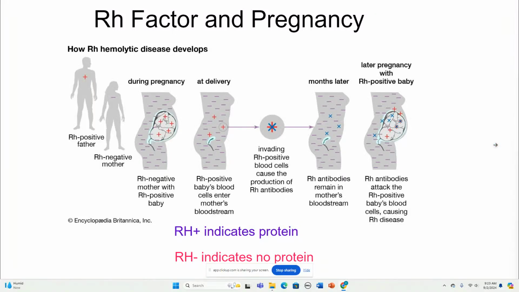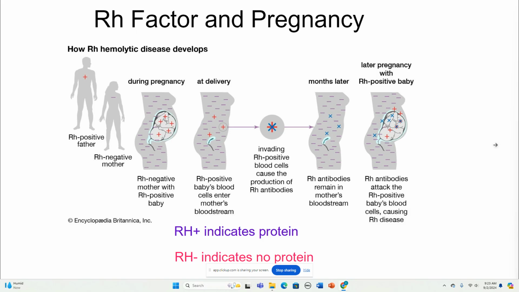Next, we're going to be looking at Rh factor and pregnancy. So we'll be talking more about what's called erythroblastosis fetalis, or hemolytic disease of the newborn. This only develops when an Rh positive father and Rh negative mother result in an Rh positive fetus. In the Rh negative mother with the Rh positive baby, during birth there will be blood mixing, and that would